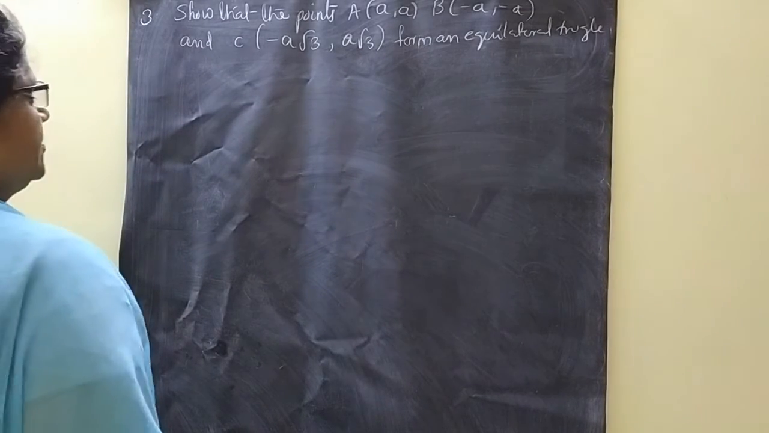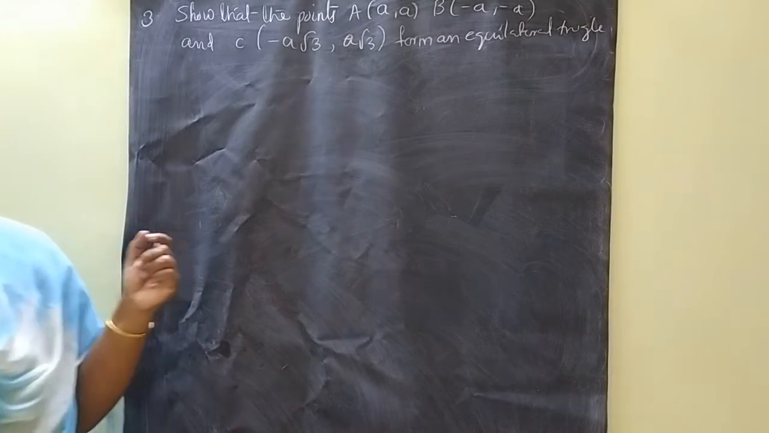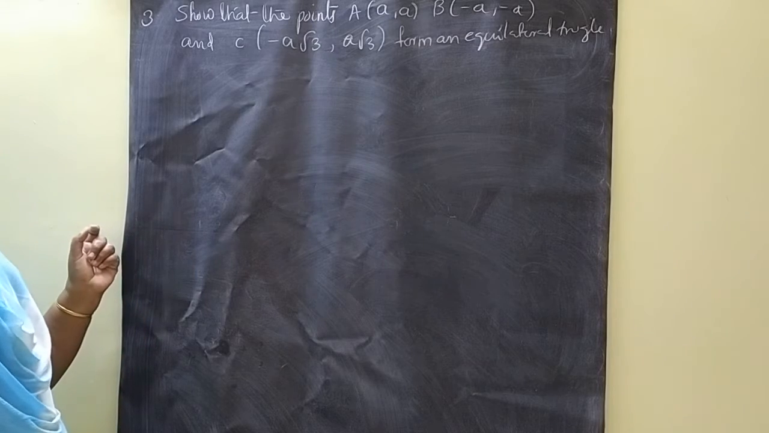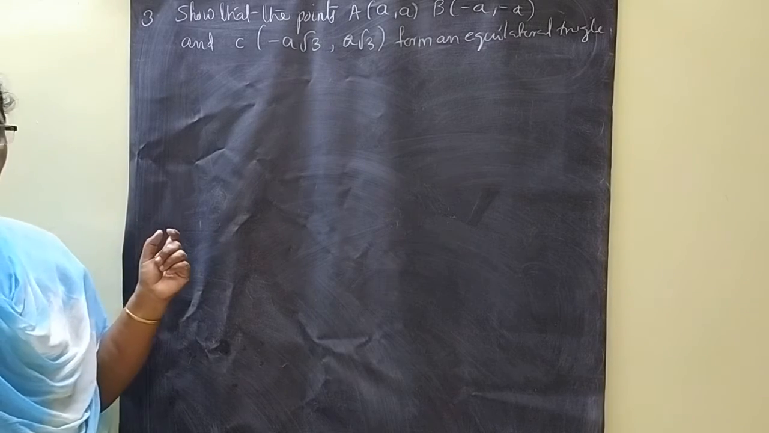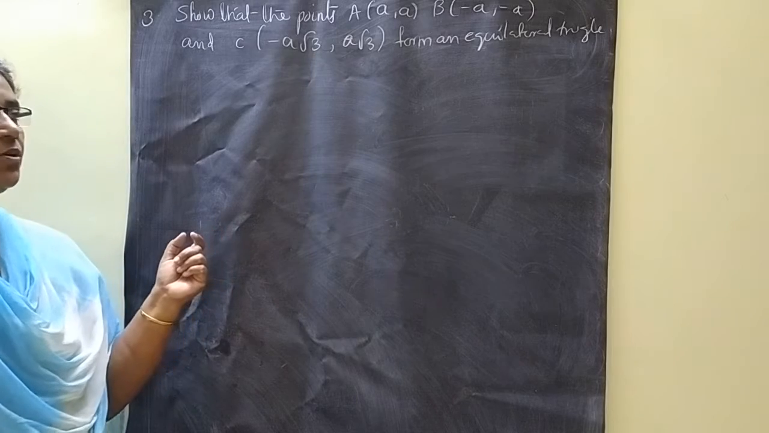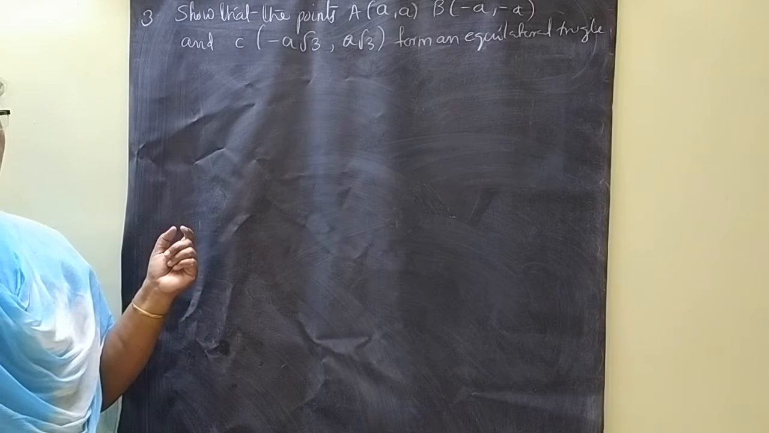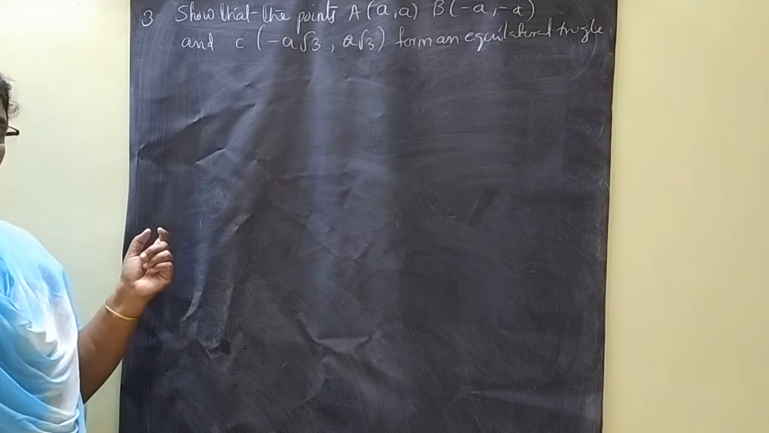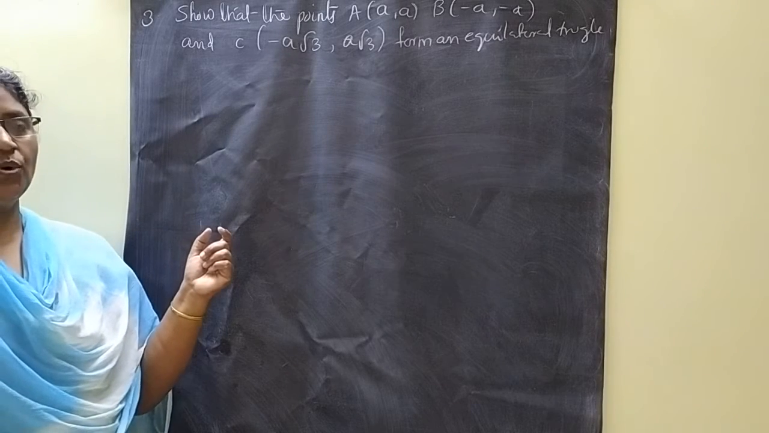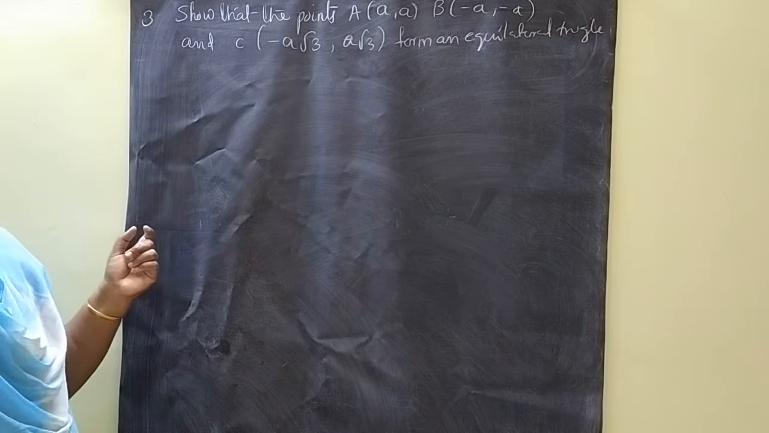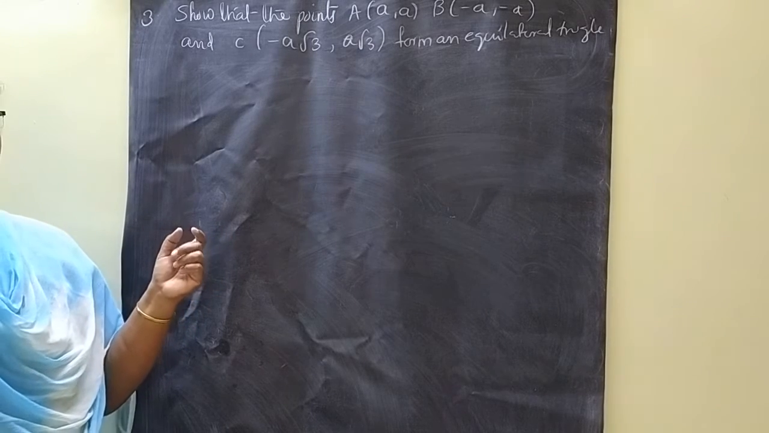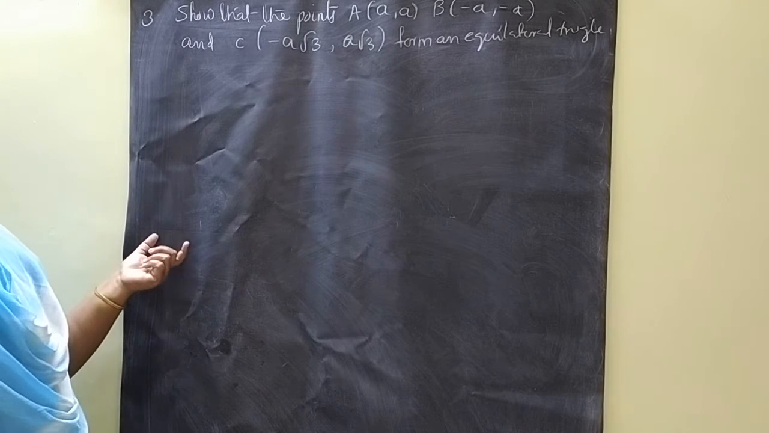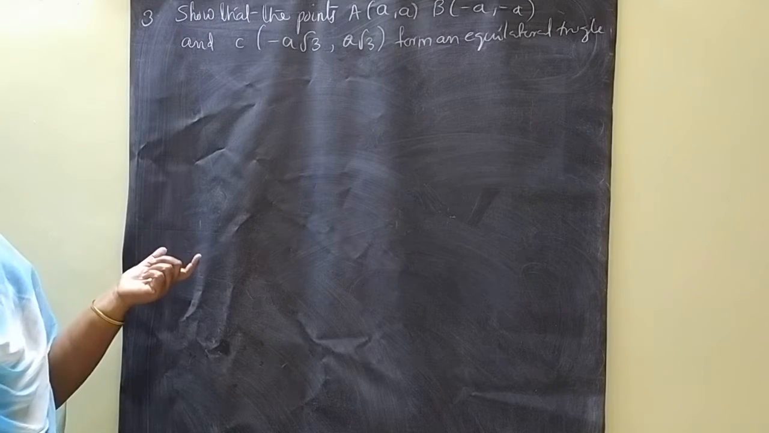So last class we studied the distance formula. What is the distance formula? The distance between any two points is equal to root of (x2 minus x1) whole square plus (y2 minus y1) whole square, or we can write it as root of (x1 minus x2) whole square plus (y1 minus y2) whole square. We did two questions also, and now the question is: